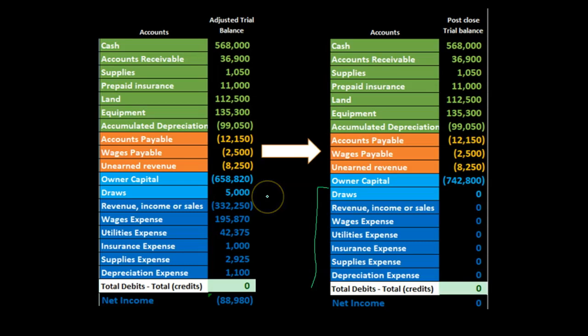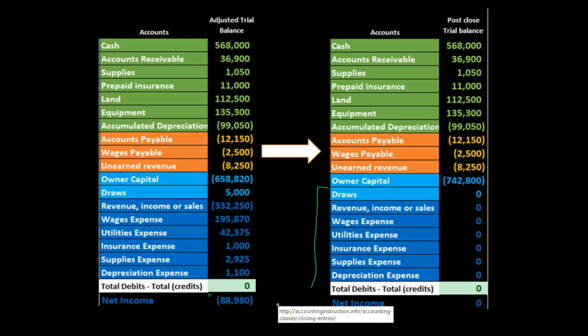At the end of the accounting cycle, we have done the main event, that being the financial statements, and we're basically just cleaning up the shop, cleaning up the accounts, so that we can do the whole thing again next month, starting on the 1st of next month, starting with revenue and expense accounts at 0 so that we can count up from them. So the only difference between the post-closing and the adjusted is that all the temporary accounts will be closed out to the owner capital, and therefore we have no net income, no revenue and expense accounts, and no draws account here. And this will be our goal as we go through the closing process to achieve this post-closing trial balance from